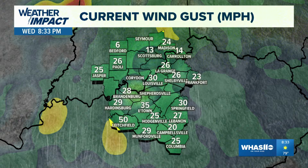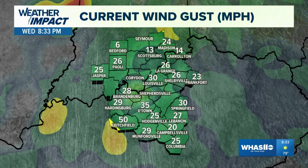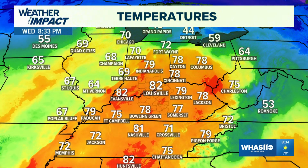Today has been a very windy day, definitely a two hands on the steering wheel kind of day with those wind gusts as high as about 45 or so miles per hour. We've been under that wind advisory as that warm front's been lifting. We're definitely feeling that warm air. Temperatures today topped out in the lower 80s, and you can see where that front is situated, where temperatures are